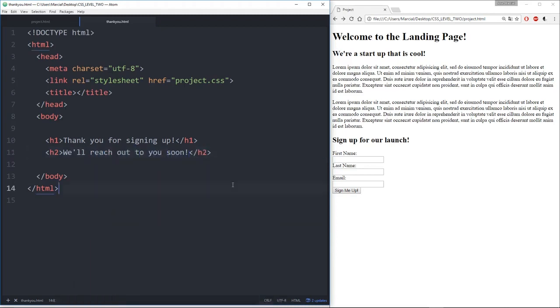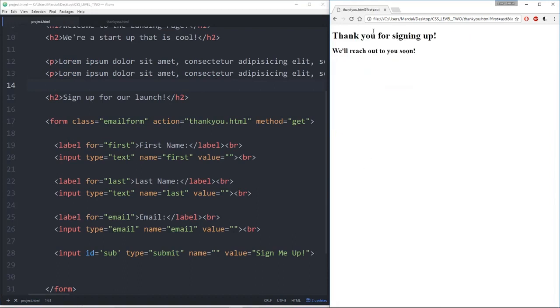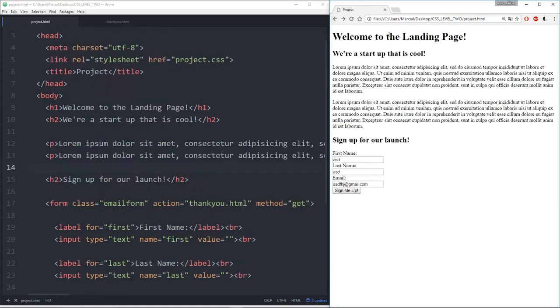Okay, so far what we've done is we have our thank you HTML set up, our project HTML set up. So if those both saved, if I refresh this and add in some context to these guys, so at gmail.com, and click sign me up, boom, now I get the thank you for signing up. The last thing I want to do is change the font right now. We're still on the